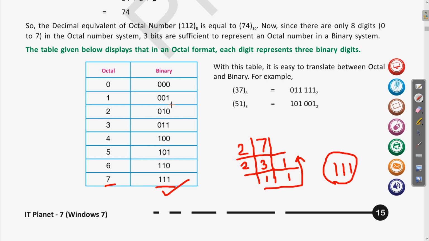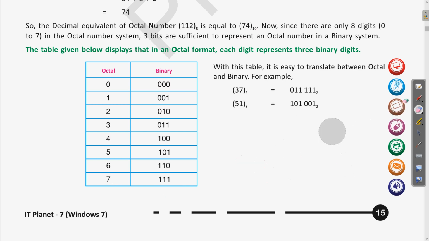And as we are in binary, we are using 3 digits to denote it. Why 3 digits? Because when you write any of the octals, why is it every time written in 3 digits? Because 8 is 2 to the power 3. Clear? This power denotes the number of digits for a single representation. So 3 digits. For example, 0 will also be denoted in 3 digits, that is 0 0 0. Clear? 1 is 1 with two 0s at the beginning.